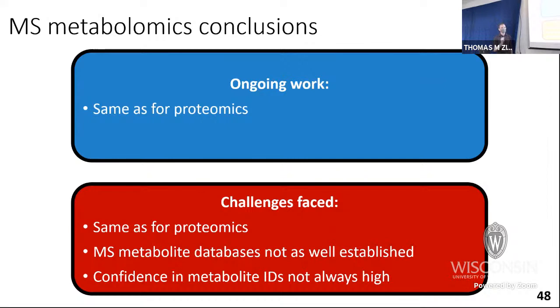And there's not really a genome or something you can go back to in order to identify all the potential metabolites you might have in your system. And the confidence in metabolite identification is not as high. There are a lot of metabolites that can show up in a very similar region on the spectrum of your mass spec. So it's hard to give definitive identification. You might get, okay, well, we know this particular feature of interest could be one sugar, either glucose or fructose, right? Which look very similar.